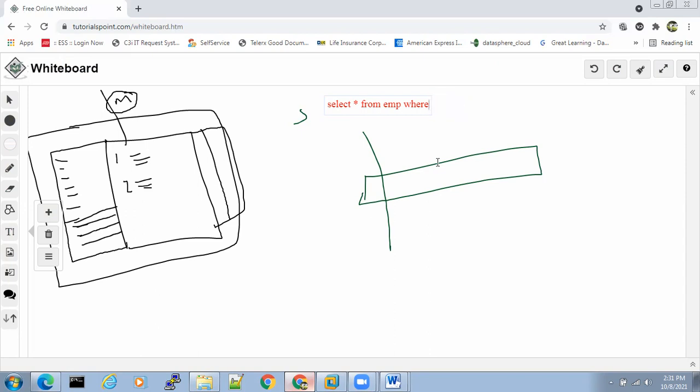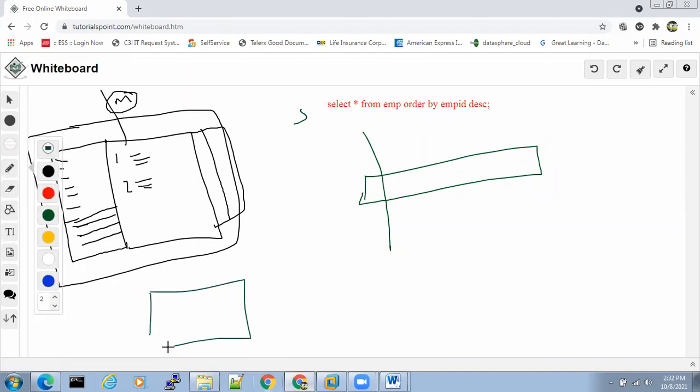Now I'll give you one more. Select star from EMP order by employee ID. Now what does it mean? It shows ascending or descending order. Wait, I'll give you this DESC. Now tell me, it shows descending order. For example, the table is like this. There are a lot of columns, and the table starts with 1, 2, 3. But how do I need the output? The output should be displayed in